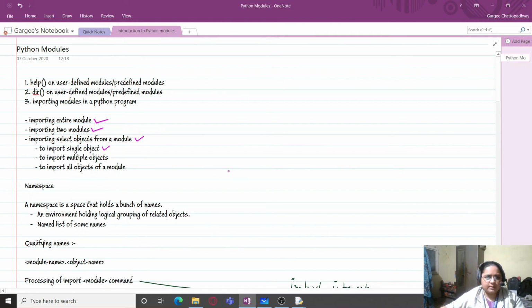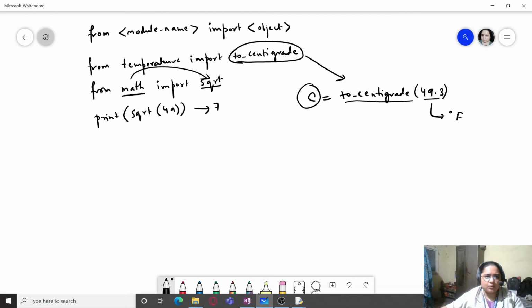Now it is to import multiple objects. How do we import? In this only, I can simply add sqrt, pow, tan. Here I can simply add to Fahrenheit. So this means I am adding multiple objects which I have to import in my program.